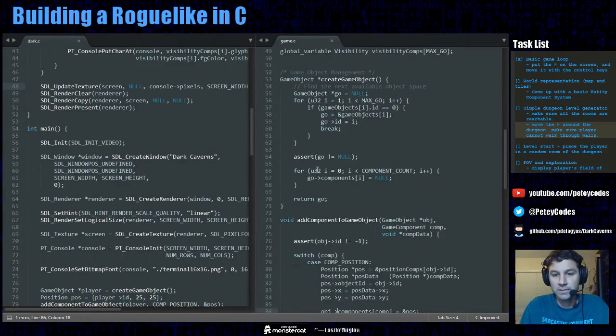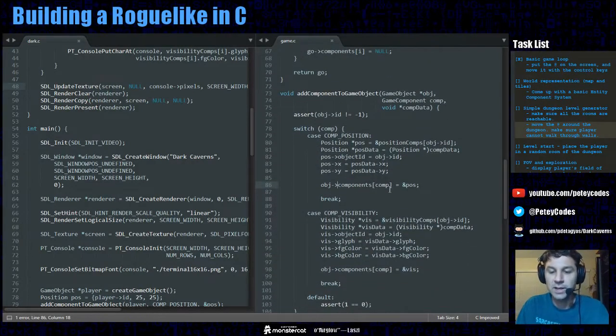And what we are doing here is assigning the address of position, and my mistaken assumption was that pos was the actual struct instead of a pointer to that struct. So what we're doing here is giving the address of our pointer instead of the pointer itself. We really should just be giving it the pointer itself, because that's what we're interested in. We do the same thing down here in our visibility initialization code. So if we save that,